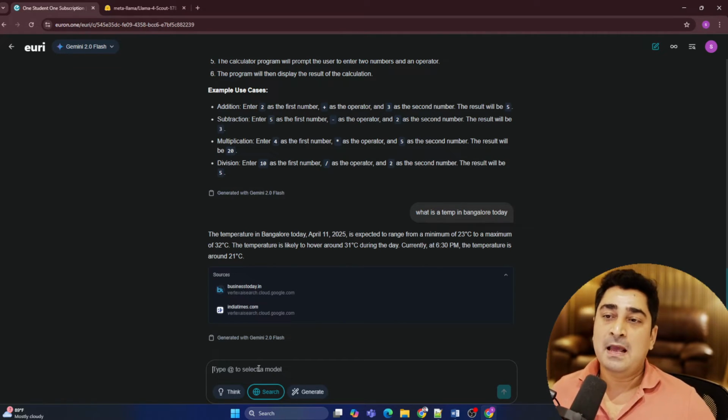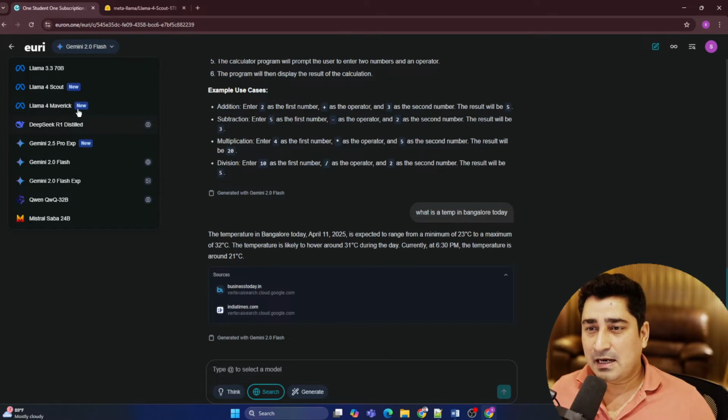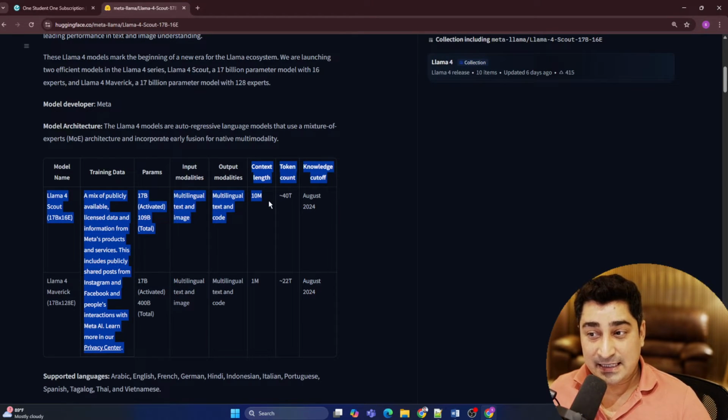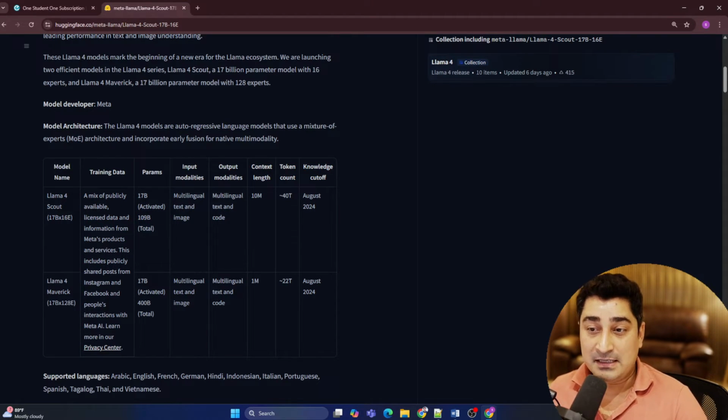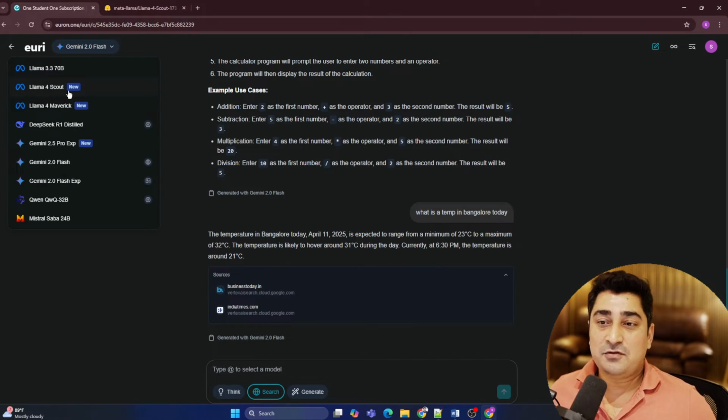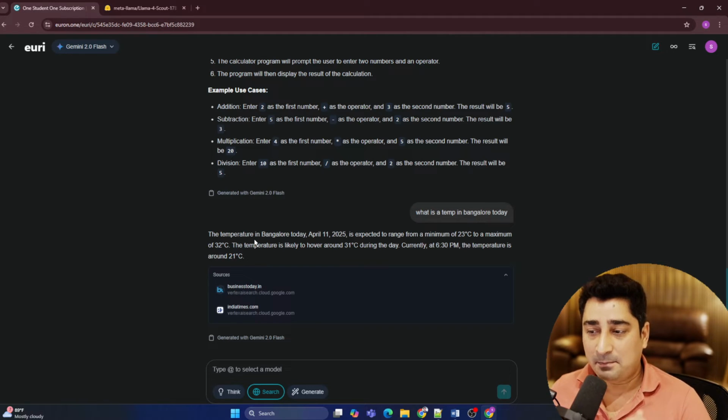Now recently, Meta has released what you can call an infinite model, because if you go and check its context length, it's basically 10 million. So the Llama 4 Scout model. And here, you will be able to find even that model integration. So all these open source model integrations we have done, so that it is going to fulfill all the purposes.